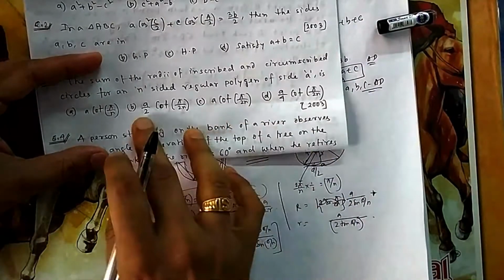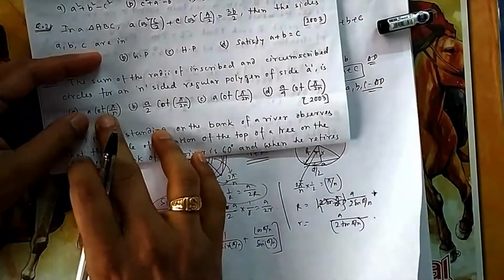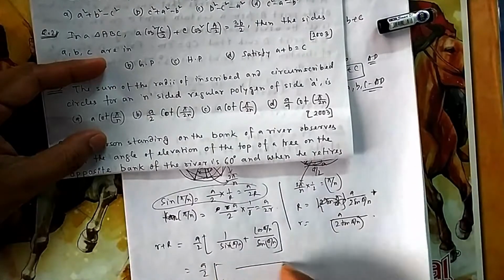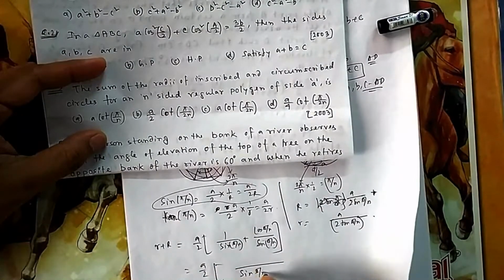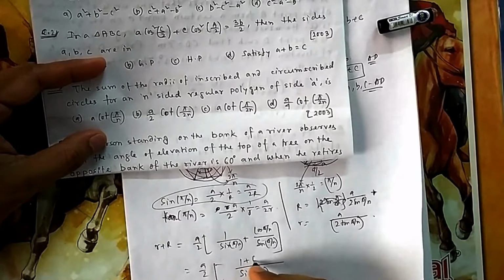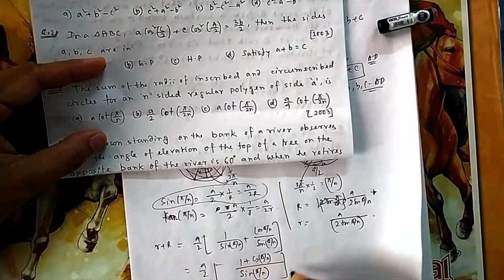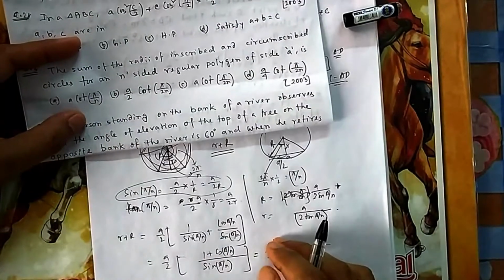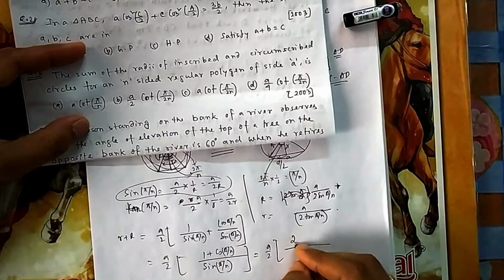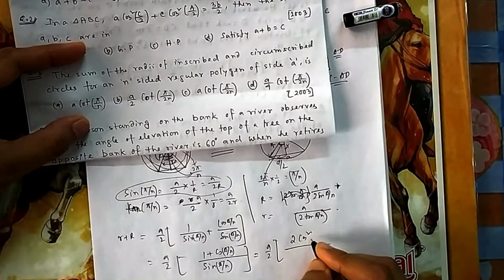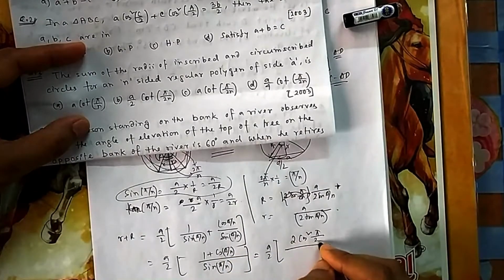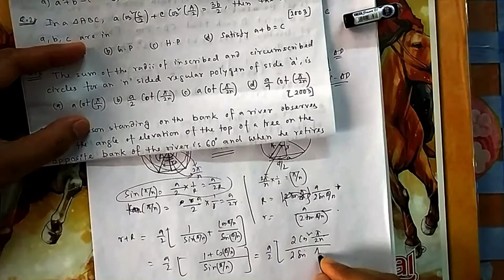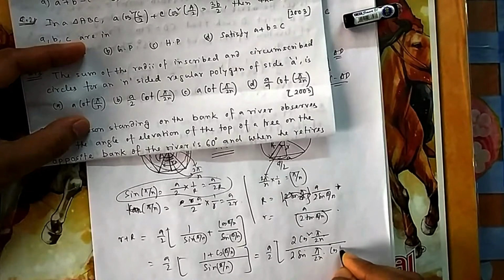Now you see all the options are pi by 2n, only one is pi by n, so this will not be the answer because it is not coming as cot. So let's simplify it: cos pi by n plus sine pi by n, and it is 1 plus cos pi by n. I told you a very good formula for 1 plus cos theta. 1 plus cos theta is 2 cos square theta by 2, so theta is here pi by n, so it will be pi by 2n. And here you can use sin 2 theta, so 2 sin theta by 2 cos theta by 2.